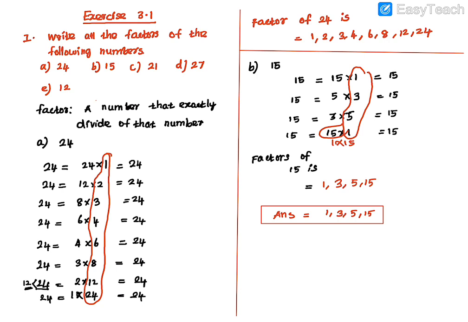So next question, shall we move to the next question? Before that we have to divide the two columns. Okay, so the next question is 21. Next number C, that is 21. So find the factor of 21. First we have to write the number 21, which is equal to, check on the first table, 21 into 1. All the numbers should be divided by the first table. So 21 1s are 21.